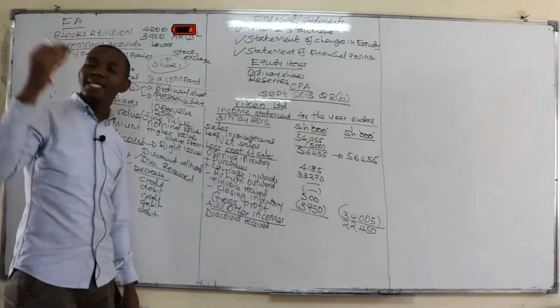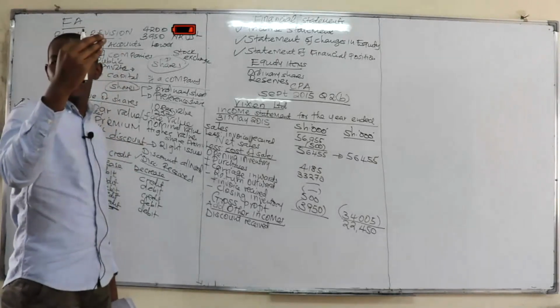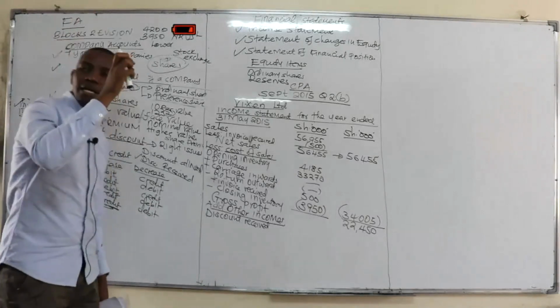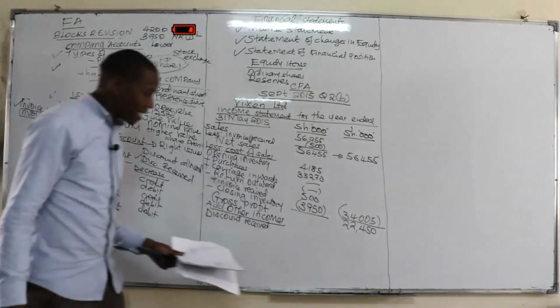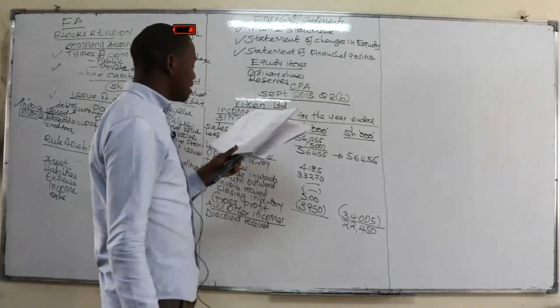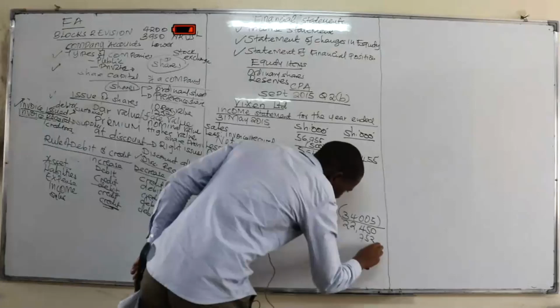And this is how you differentiate. Anything that is relating to the supplier or creditor is supposed to be on the credit side. What is relating to the customer is always on the debit side. If it is return inwards, it will be on the debit side. If it is return outwards, it is on the credit side, because it's relating to the supplier. So in that case, what was the discount received? 700 and what? On the credit side.